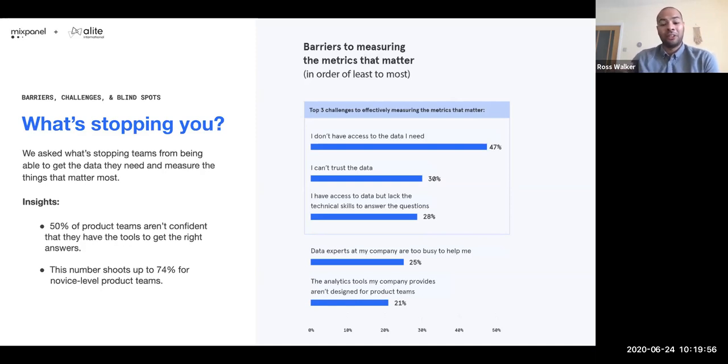So regardless of where you're sitting in this organization, whether you're in a product team, marketing team, you should be able to go in and ask a question and get an answer very quickly and easily. And I think this is something that is true across all industries, true across all organizations that we speak to. But I think these key challenges that we're seeing here are really holding product teams back today in being able to get the answers to the questions that are going to enable them to drive forward and make those decisions that are really going to have an impact and give you that edge in the market that we see.